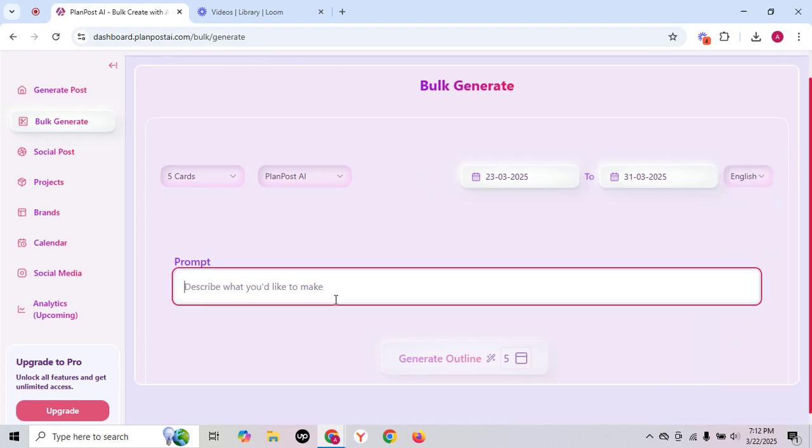For the prompt, I'll give you a suggestion to provide all the product information if you have multiple products. If you have multiple features, just mention multiple features so that it can work on all the products or all the features for different posts. So for our platform, let's write PlanPost AI is the best content gen platform. It has 3 features: